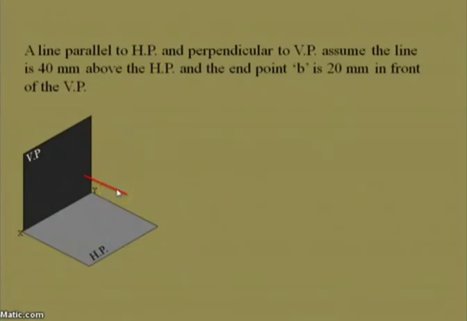So how will the front view and top view be? Here first we go for the front view. The name I have given to the straight line is A and B, the two end points. The front view will always be normal to the vertical plane. So in this condition, when we observe the straight line in front view, we can see only a point. We cannot see the length of the line. In front view, when it is perpendicular to the vertical plane, we can see only a point that is located at a particular distance away from the horizontal plane, that means above the horizontal plane.